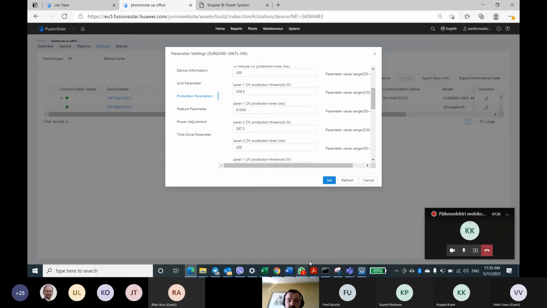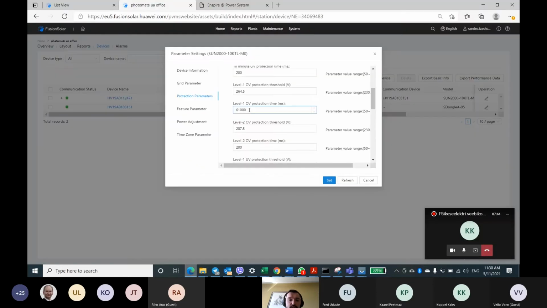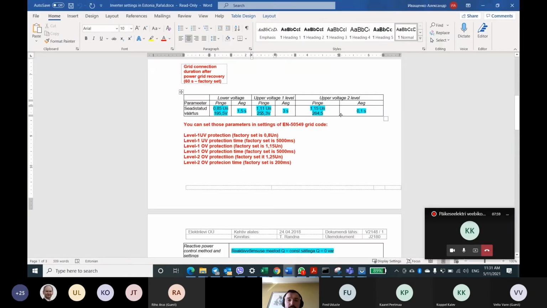You need to choose according to your standard. The upper voltage level 1 is 255.3 and 3 seconds. So you put here 255.3 and 3000 milliseconds. The second, level 2, is 264.5 and 100 milliseconds.